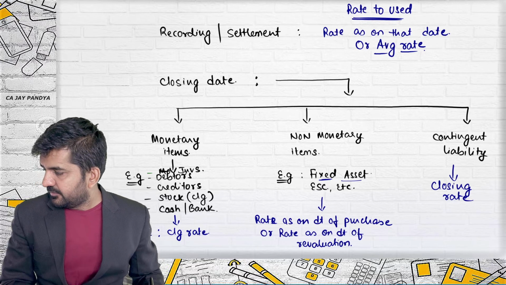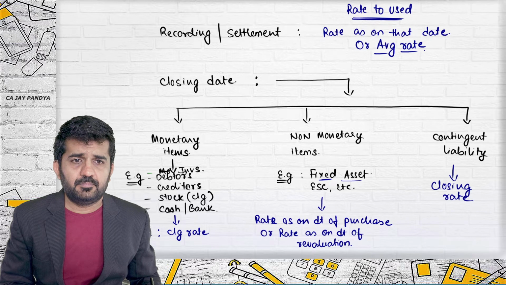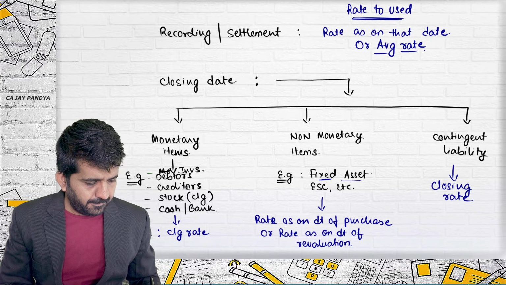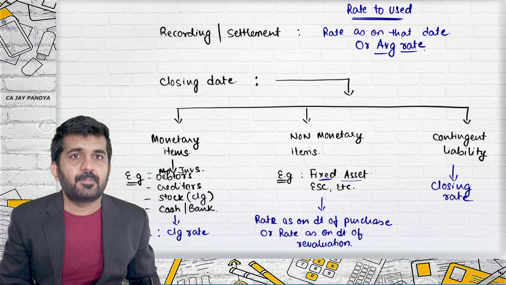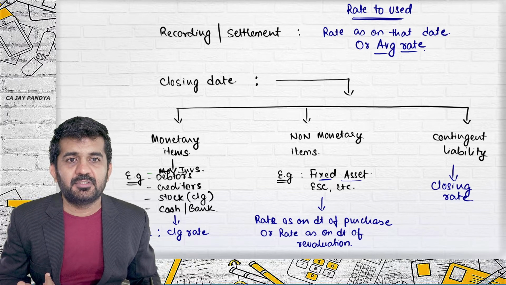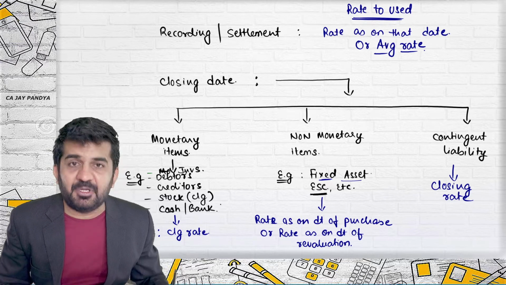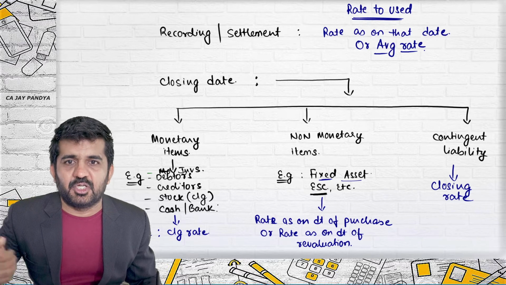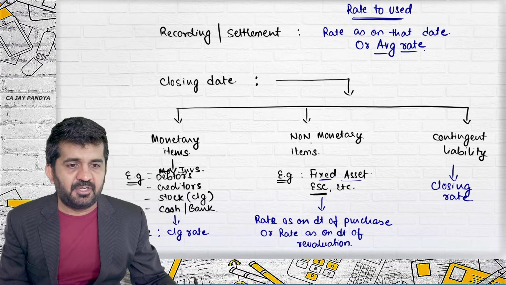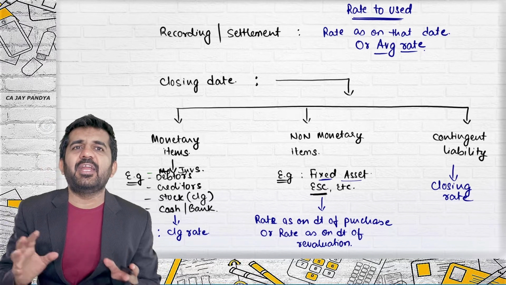Sir, but we keep equity share capital in non-monetary items. If there are shares of Indian companies or foreign companies, shouldn't they be non-monetary items only? Equity share capital are our shares which other people have purchased. Okay, I thought it is investment. Equity share capital, capital means it is on our liability side. If it is on our liability side, it will be treated as a non-monetary item. Is it all right? So these are foreign exchange transactions.